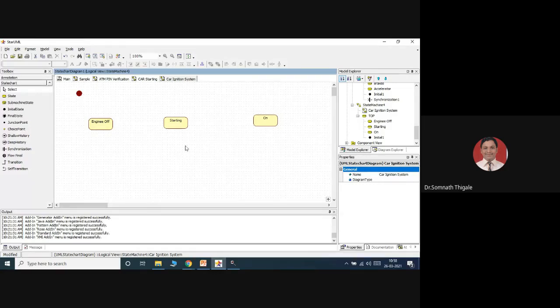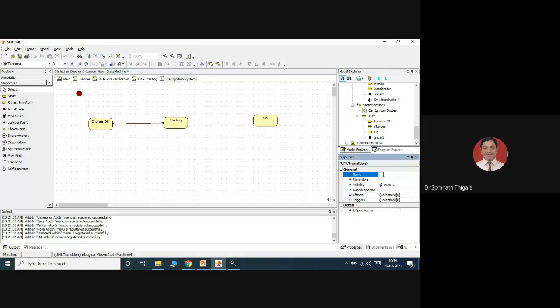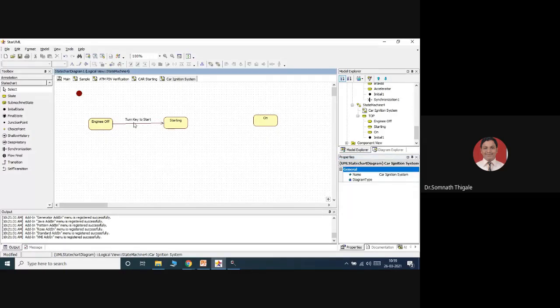So here, the condition you can add over here as a transition from this to this. At what condition? Event will be one, turn key to start. As soon as you turn the key to start, engine will move from off to starting